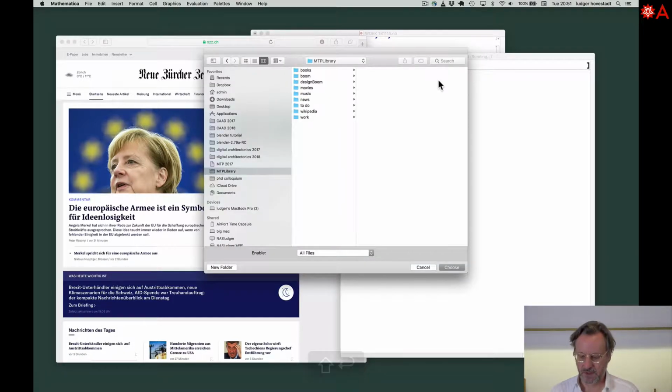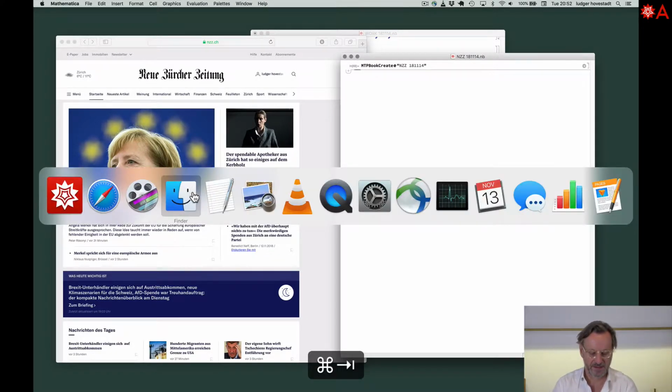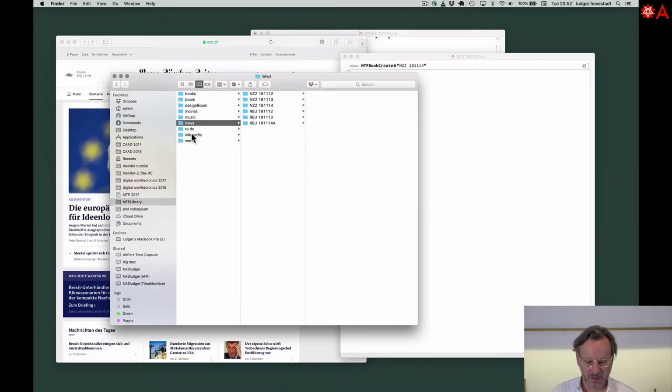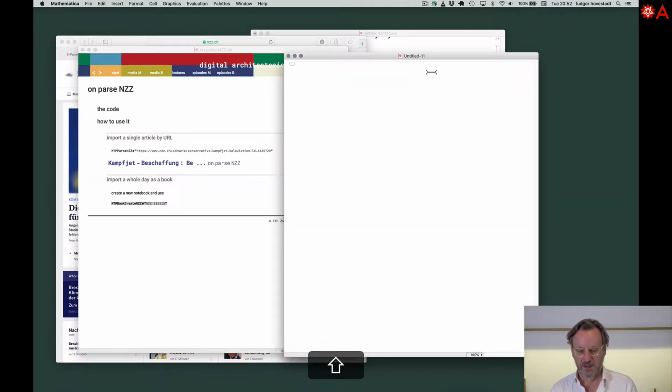So go here, put it to news. Book create. That was bad. Made a mistake. So here, this is empty, do that new one. So mtp book create NZZ,